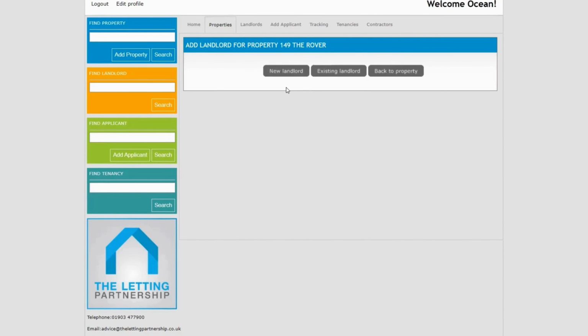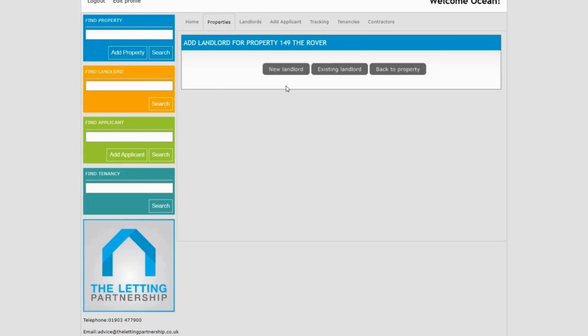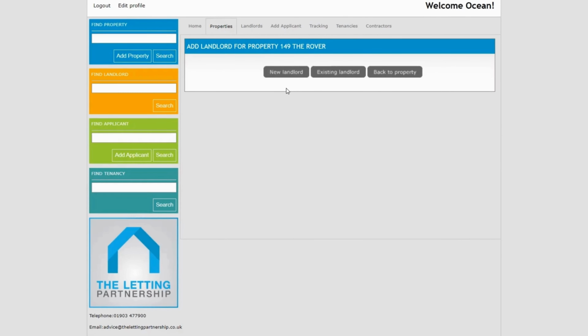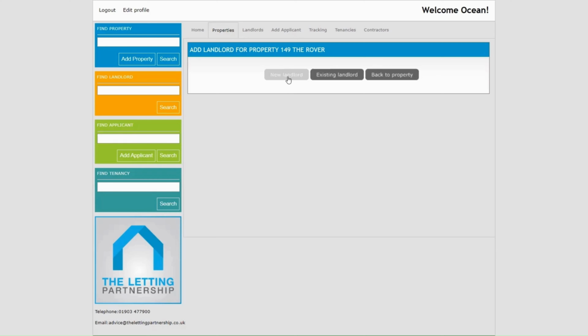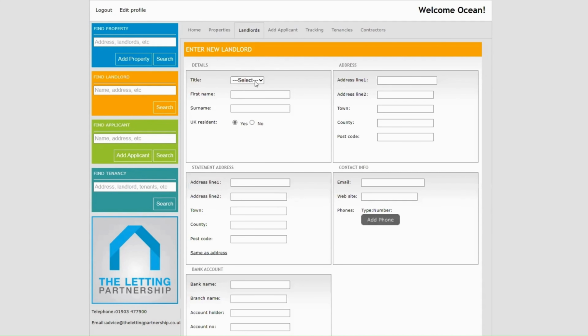Adding a landlord. After you've added their property, you'll only need to add a landlord to Genie once. To do this, simply select New Landlord after you have finished completing the property details, and you will then be prompted to select whether they are a company or an individual. As an example, we will be setting up an individual landlord, but you will need the same information for a